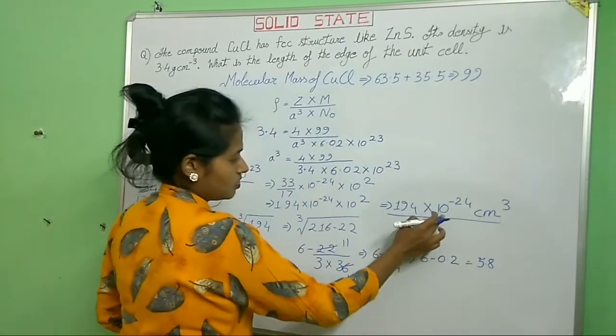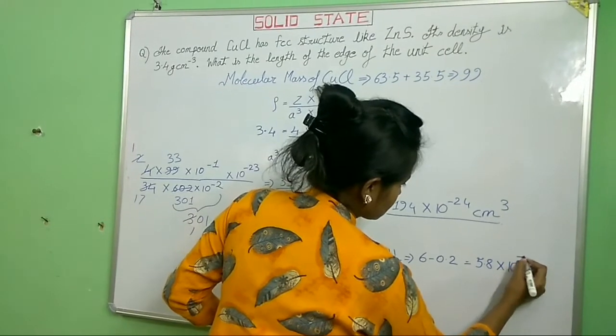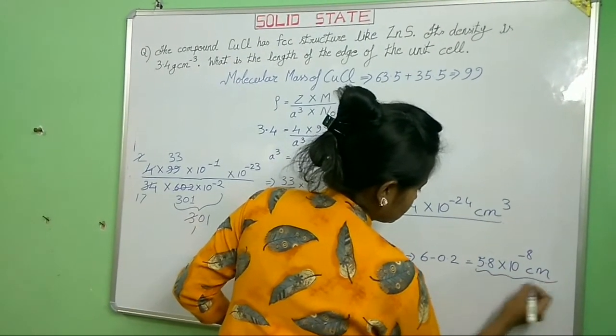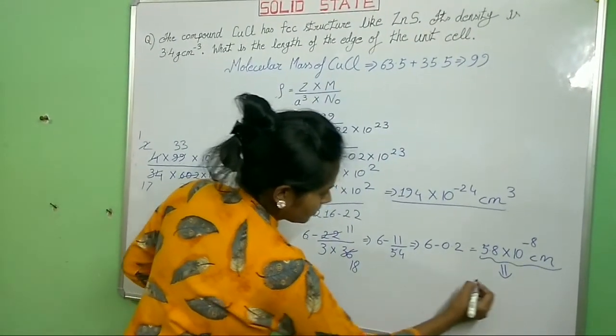What is the cube root of 10 to the power minus 24, as I have told? 10 to the power minus 8 centimeter. This is the answer. This can be written in other ways also, like